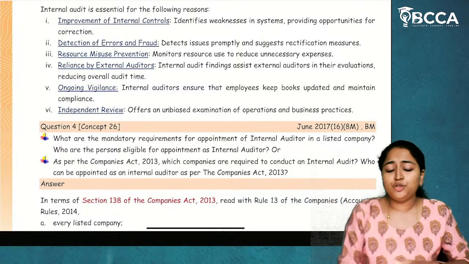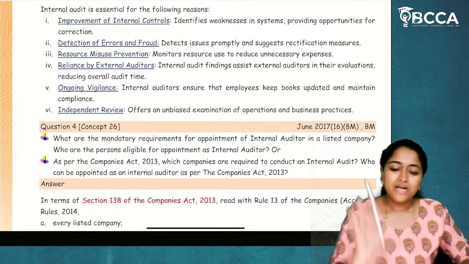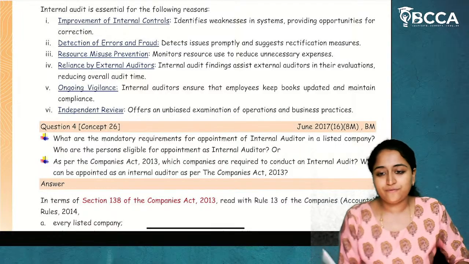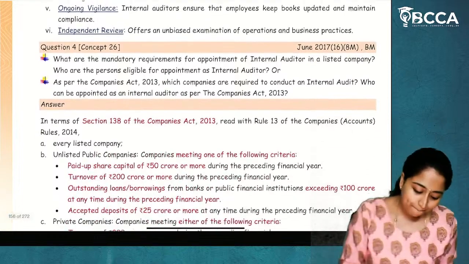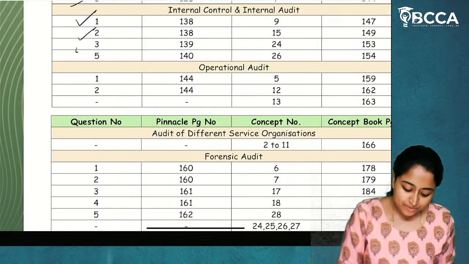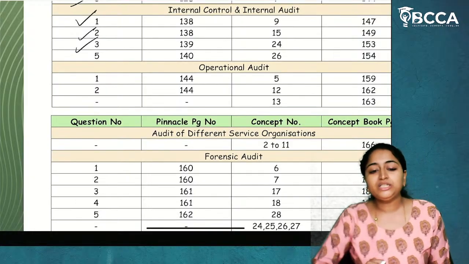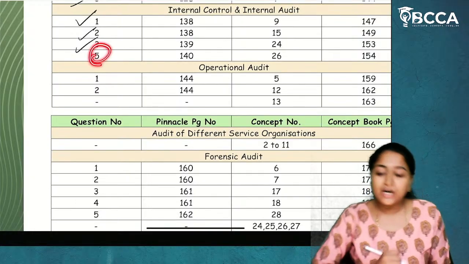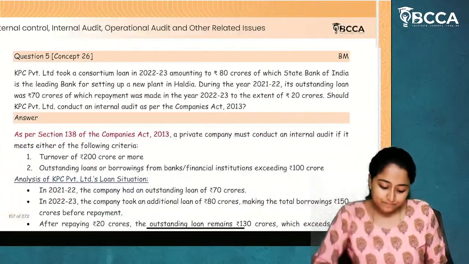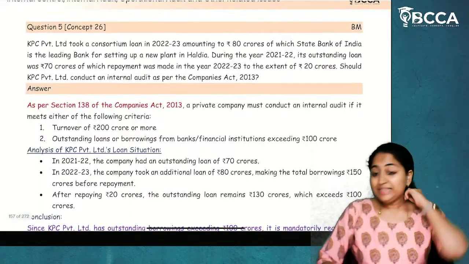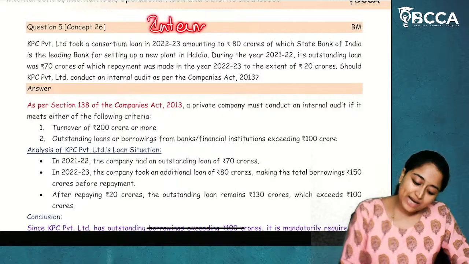But if you are not able to remember both heading as well as the content, and it's getting more difficult for you, then just remember the content, that's more than enough. I hope that's clear. I have heard many doubts from students about that. So I hope it's clear. Question number 3 is done. Now, last question from Unit 1 of internal control and internal audit. Question number 5. Now, what is this question number 5? We'll see. This is from the concept of internal audit under the Companies Act 2013.